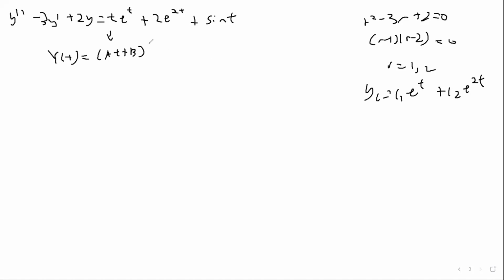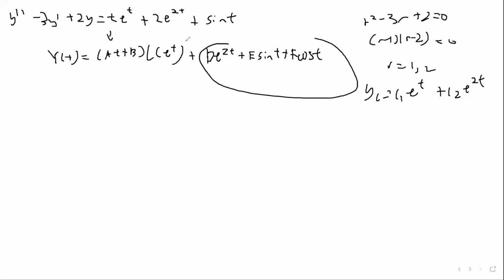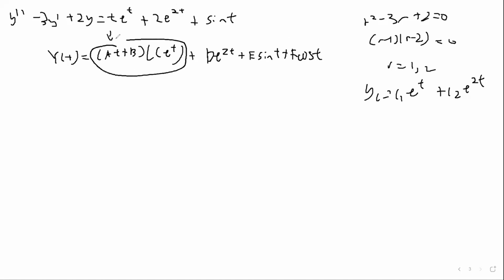And e to the t demands of us c e to the t. And e to the 2t demands of us d e to the 2t. And sine t demands of us e sine t plus f cosine t. All right, good so far? Now, these are straightforward. This is not. Once we get to this guy,